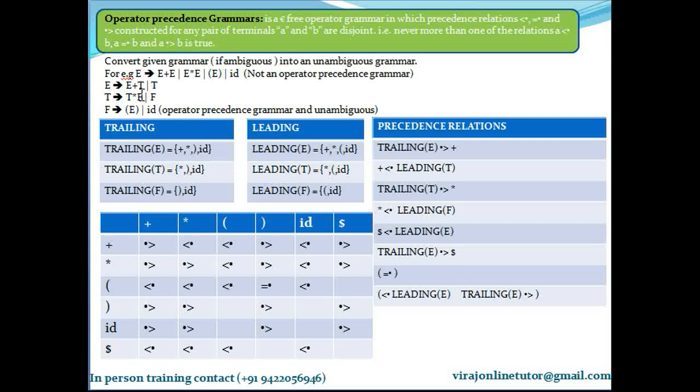Trailing of e is greater than plus, but plus is less than leading of t. Trailing of t is greater than asterisk, but asterisk is less than leading of f. Similarly, open bracket is less than leading of e, but trailing of e is greater than close bracket. Okay,